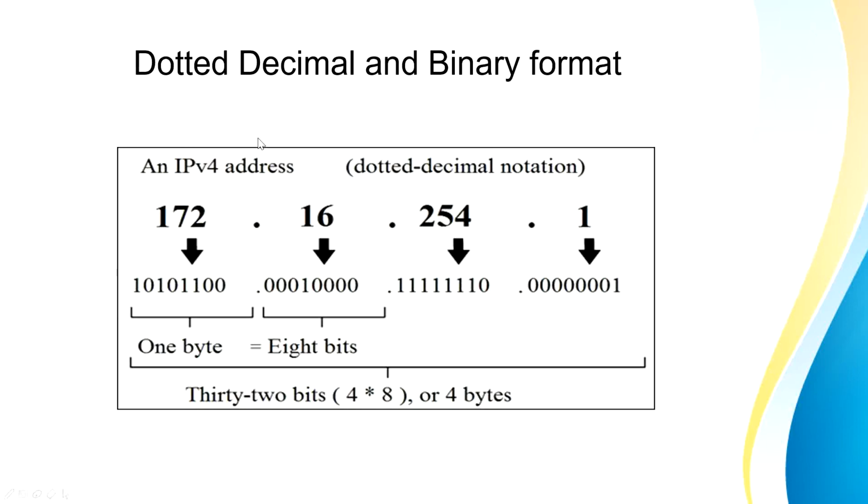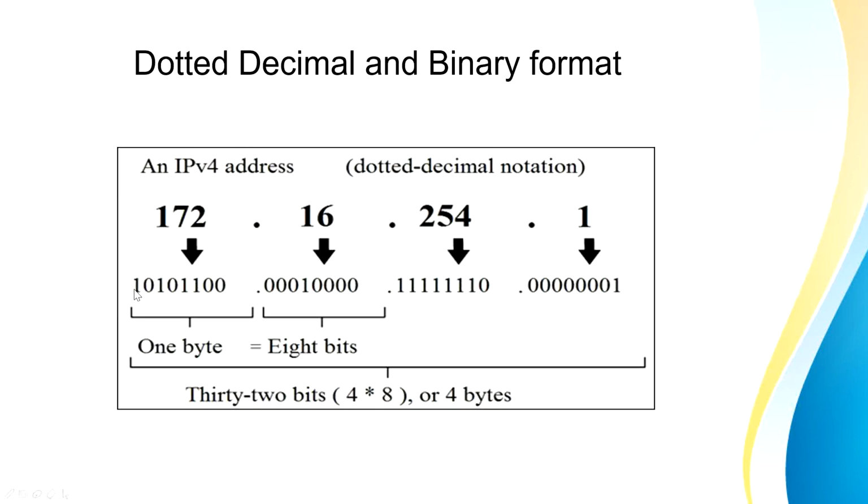So for simplicity's sake, let's go from bottom towards top. At the bottom here you can see that I have written 32 bits. So this is 8 bits, 8 bits, 8 bits, 8 bits, total is equal to 32 bits, and these 32 bits are going to give me my binary IP address. If I want to convert my binary IP address into dotted decimal format, then what I will do is I will consider the first 8 bits.